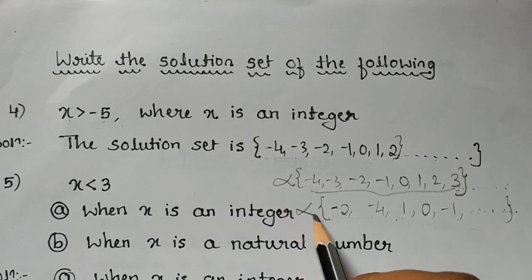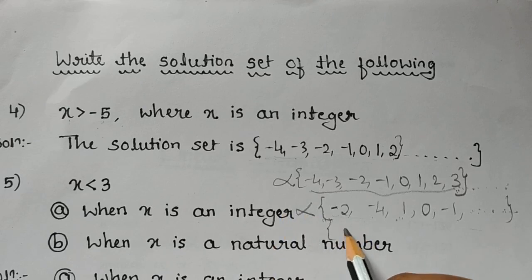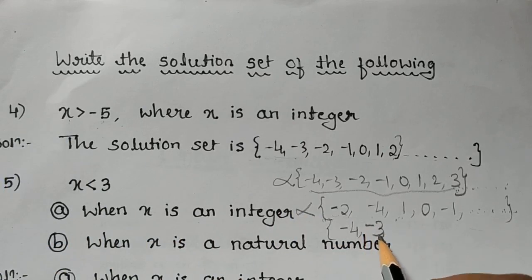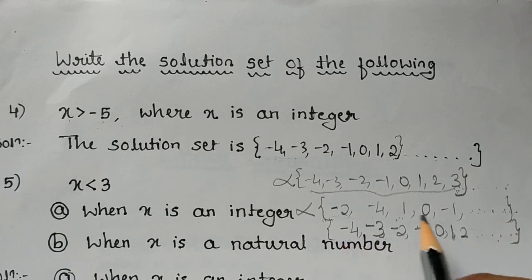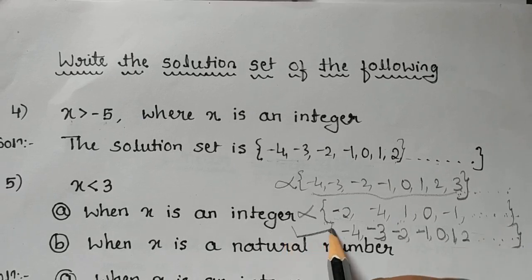Then this is also not a proper solution set. You have to write from the lowest value, -4, which satisfies the inequality. -4, then its next value -3. Don't skip any values in between. Don't skip -2 or -1 here. Write it in a correct sequence in increasing order: -2, -1, 0, 1, 2 and then put a dash. Now it gives a clear idea that it contains the integer values from -4, -3 up to positive infinity. So this is the correct solution set.